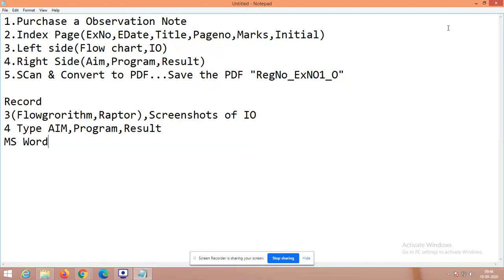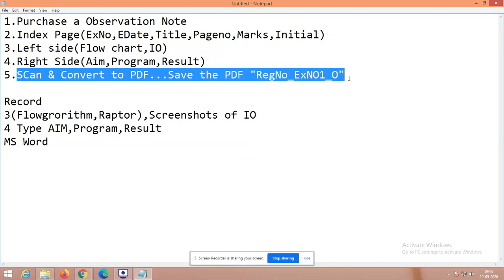After completing those things in MS Word, what you have to do is the same procedure. So scan, and